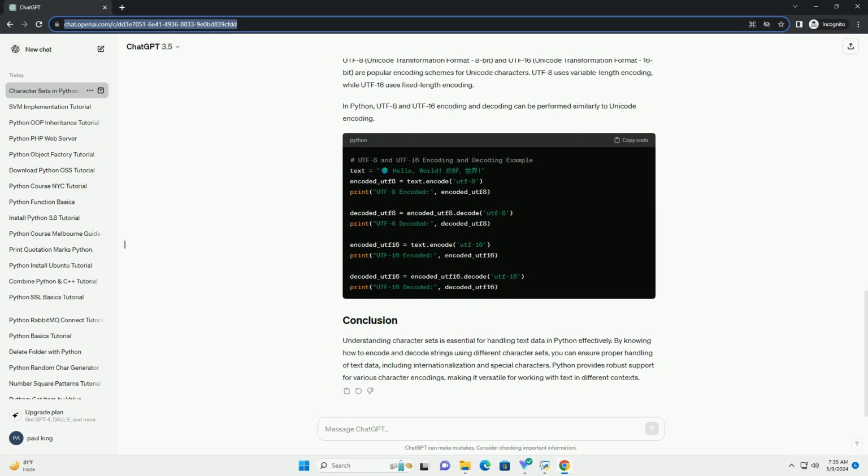ASCII, American Standard Code for Information Interchange, is a character encoding standard that represents text in computers, communications equipment, and other devices that use text. It uses 7 bits to represent 128 characters, including English letters, digits, punctuation marks, and control characters. In Python, ASCII encoding can be performed using the encode method with the ASCII codec, and decoding can be done